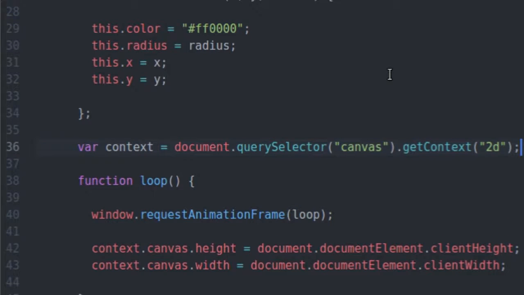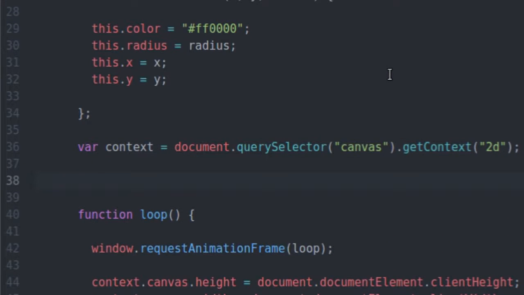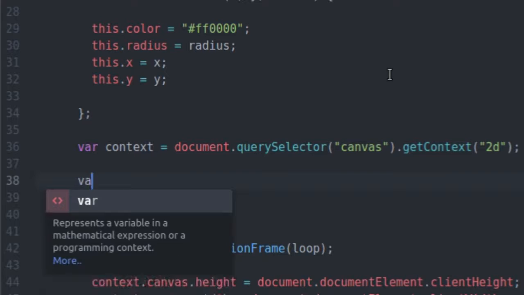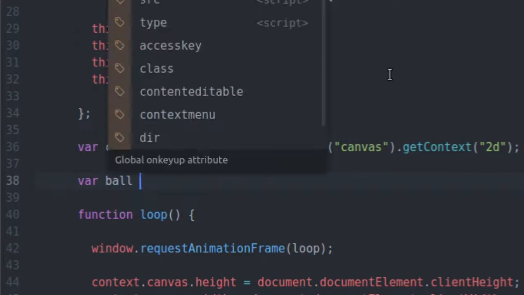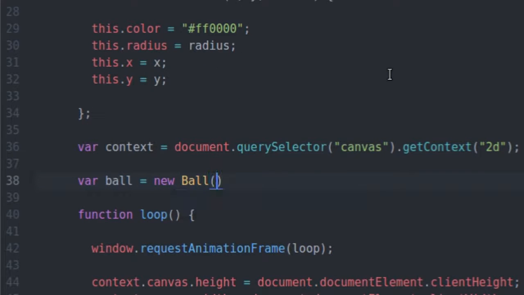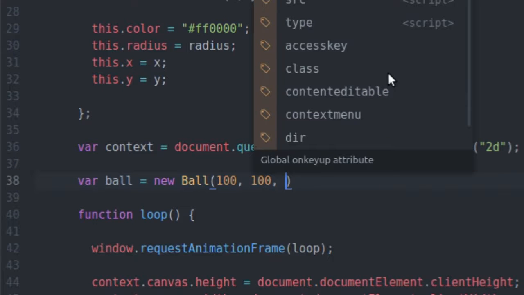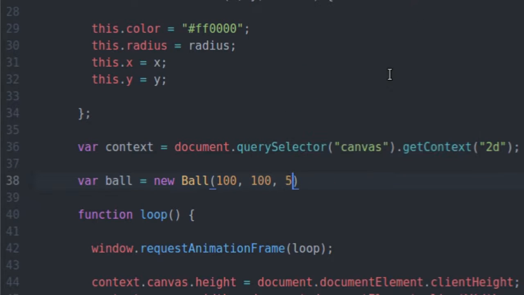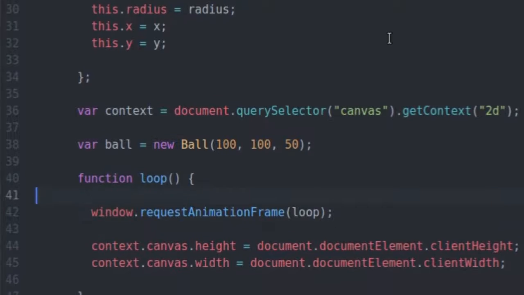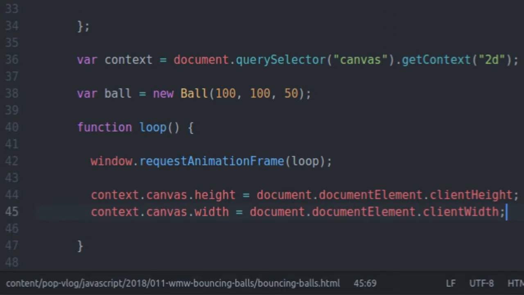What I'm going to do is I'm going to come into my... well, I was going to go into the game loop, but I'm not. I'm just going to define a ball out here. Ball equals new ball. I'm going to say 100, 100, and 50. So the ball is going to have a diameter of 100 pixels. I'm going to save, and then I'm going to come back in here, and I'm going to draw that ball